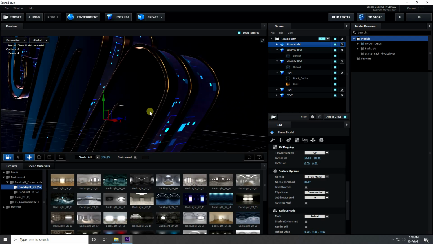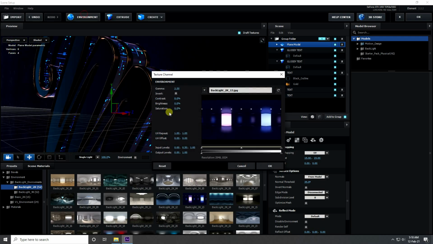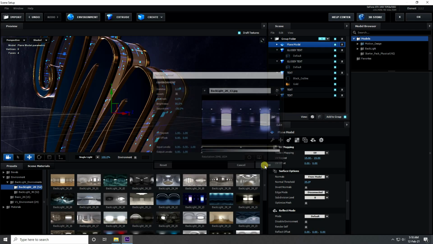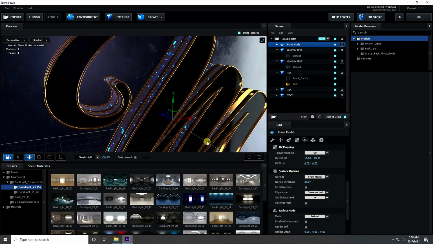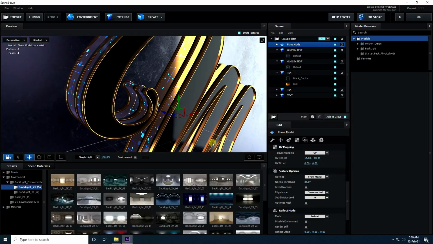Okay, so guys, now I change some setting on HDRI environment. So click and brightness I take 50 and contrast, actually saturation minus 0, actually 100%, little bit like minus 50 is good, minus 50. Yeah, much better, right? Okay, so guys, my HDR is good.